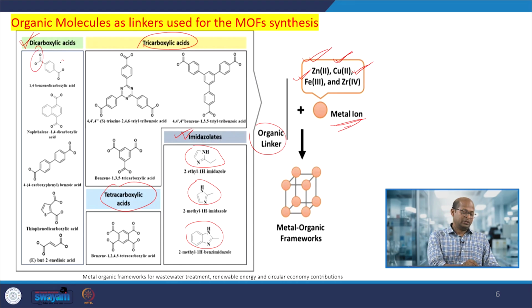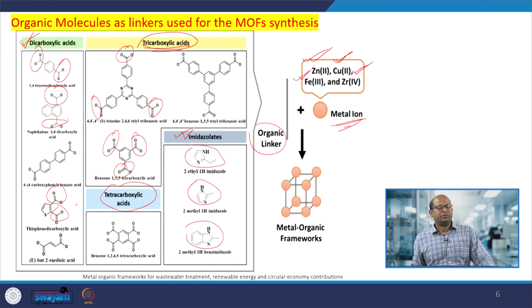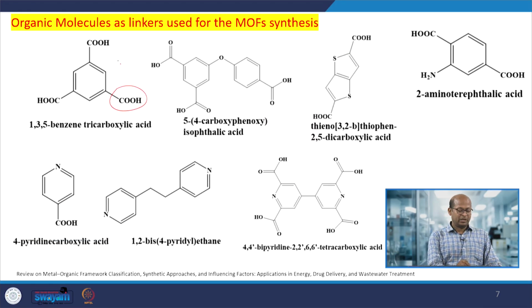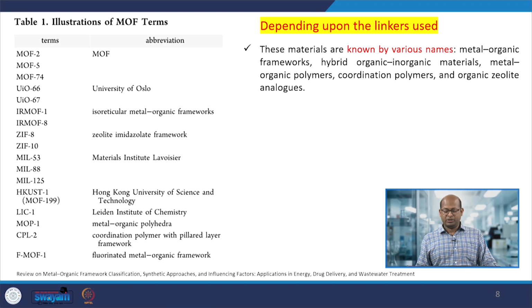Here you can see dicarboxylic groups present, 1, 2, 3. This is a tricarboxylic acid or dicarboxylic acid, maybe we can consider. There are many varieties of organic molecules available that can be used. Here tetracarboxylic functional groups are present, so we can use this. Here a tricarboxylic acid is present. So, different types of organic linkers can be used to synthesize MOFs, and depending upon these linkers,